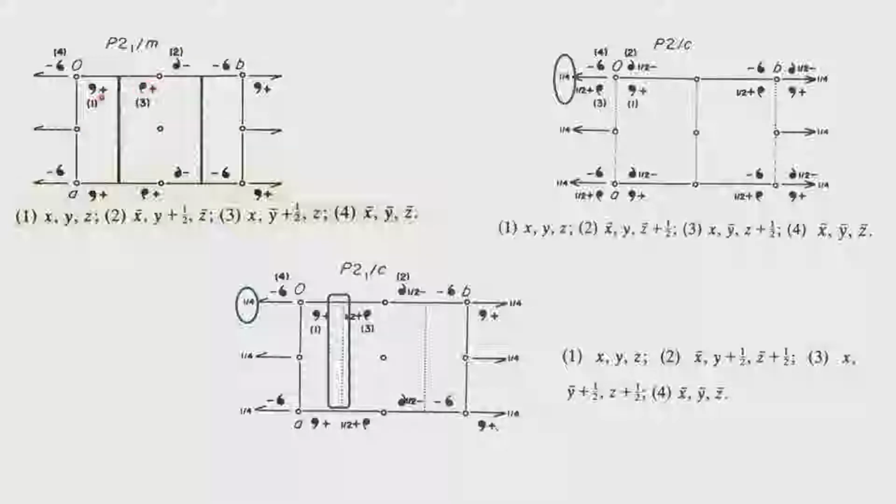So, you see now that we have point number 1, point number 3, and this point which was translated, all 3 in the unit cell. So, there must be one more. That one more is automatically the center of symmetry operation, because if you now take point 1, operate the center of symmetry, you go to point 4. 4 now can be translated by 1 unit in the A direction and 1 unit in the B direction. You will get to this point. You notice now that the unit cell is up here, and you have 1, 2, 3 and 4. So, there are 4 equivalent points again in P21 by m, just like P2 by m, which you saw just now.